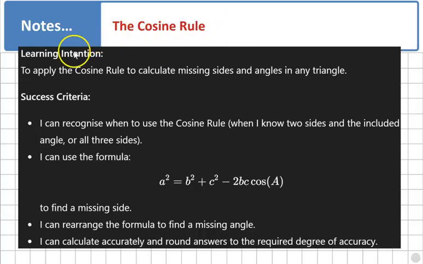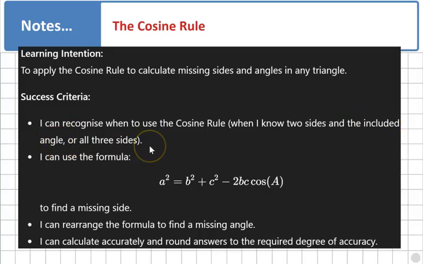The cosine rule. Learning intention: to apply the cosine rule to calculate missing sides and angles in any triangle. Success criteria: I can recognize when to use the cosine rule when I know two sides and the included angle,